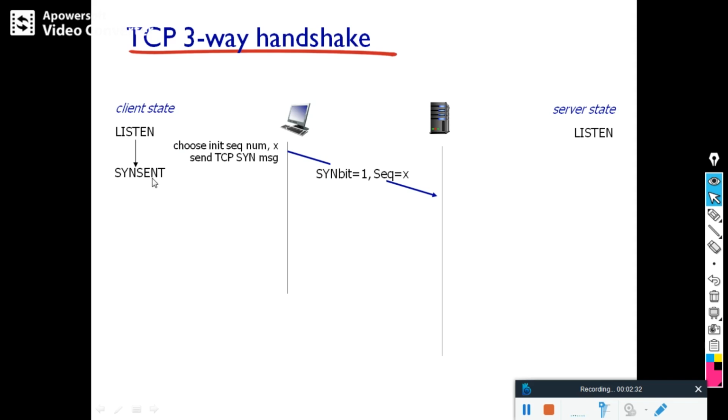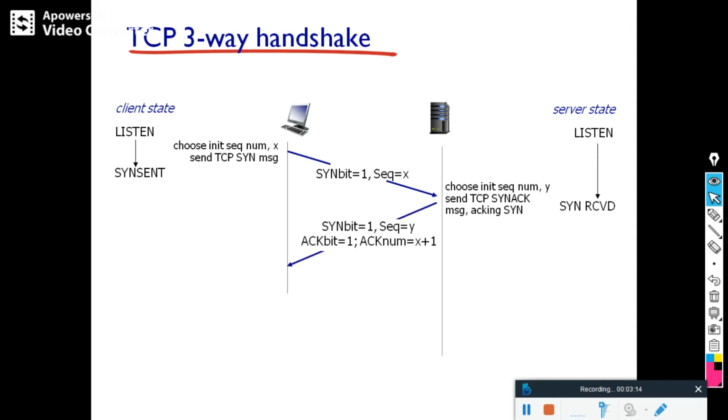In the second step, once our server receives this datagram containing the TCP SYN segment, it will extract it and allocate TCP buffers and variables to the connection, and it will send a special segment. That is also a SYN segment only. It is called the connection granted segment to the client TCP. While sending, it will send a sequence number and also an acknowledgement number, as you will see here.